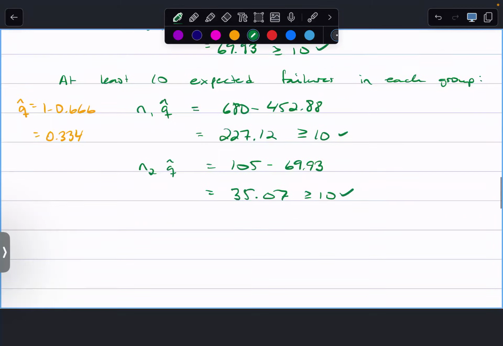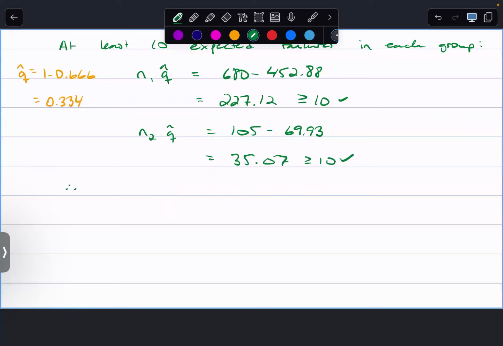Okay. Therefore, we've checked all the conditions. The conditions for the central limit theorem, CLT, apply,